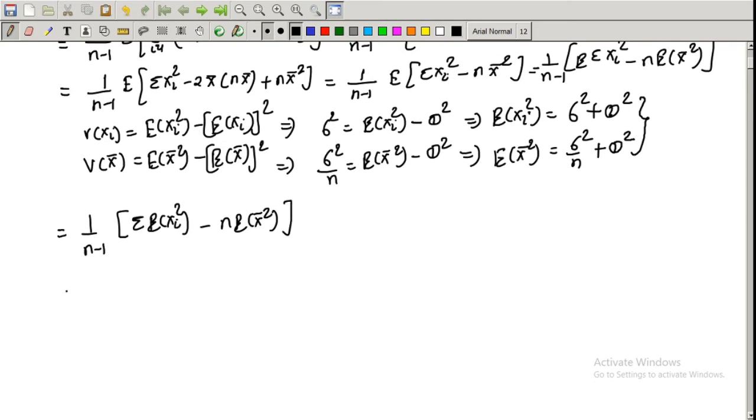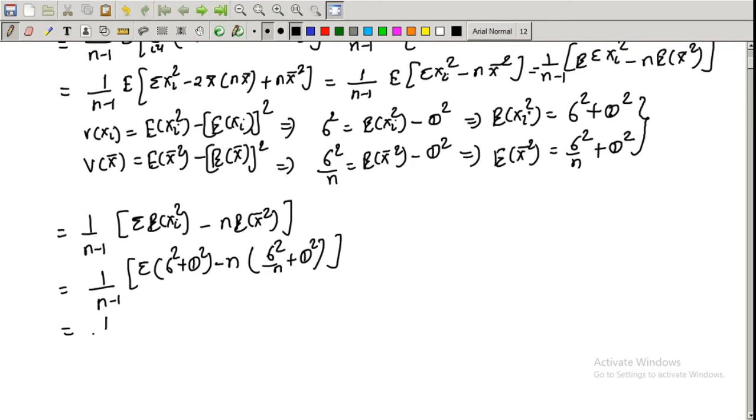So this is the term. So 1 upon n minus 1. What is expectation of xi square? That is summation, I replace this by sigma square plus theta square, minus n into, what is the expectation of x bar square? That is sigma square upon n plus theta square,